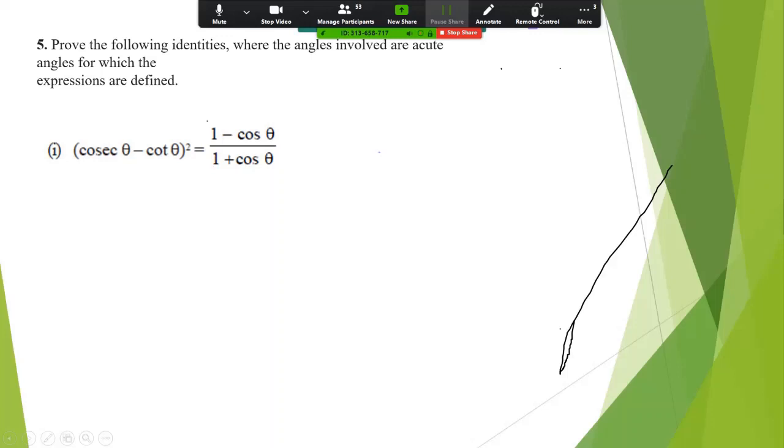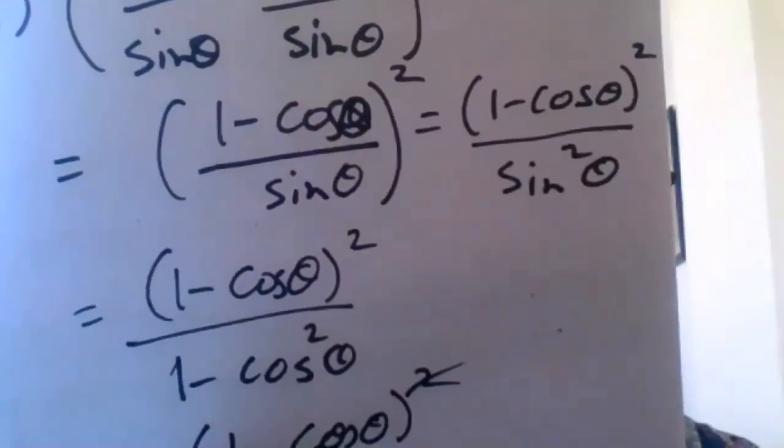Can you all see me, children? Yes, ma'am. Can you see the sum I'm showing, the method I'm showing? No, ma'am. I can't see. A bit towards the back, ma'am. Can you move it a bit back? Remove the share screen and then show that picture. Yeah, surely. Hold on. Go slow.